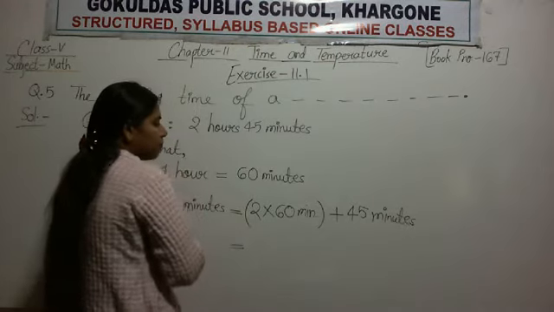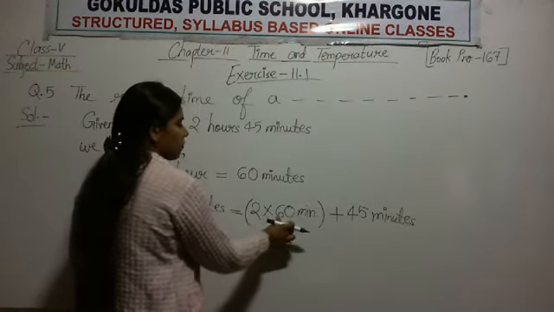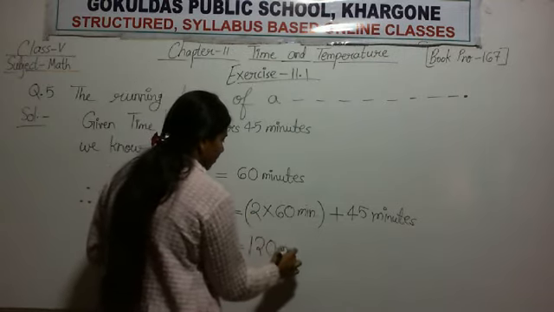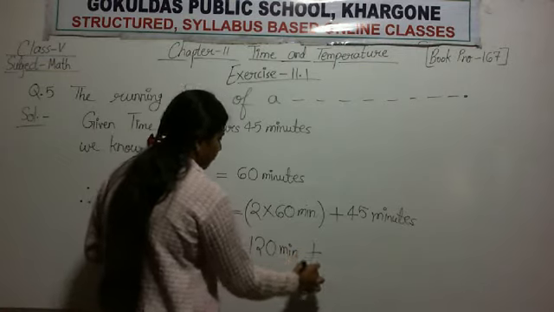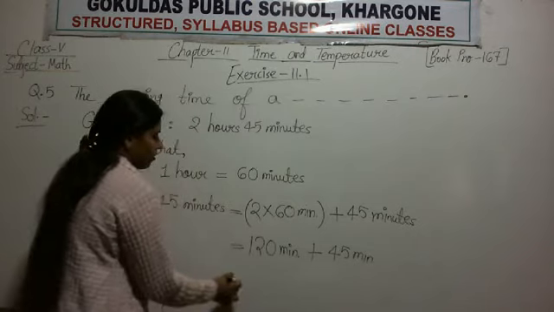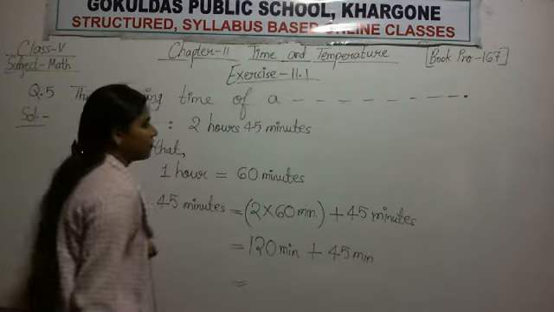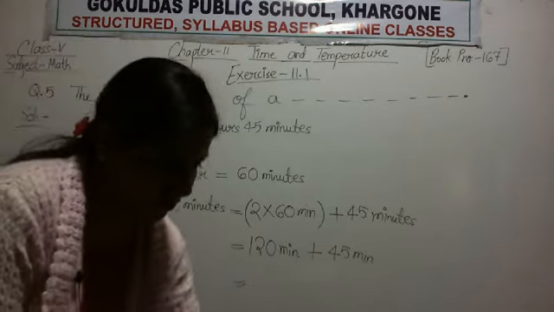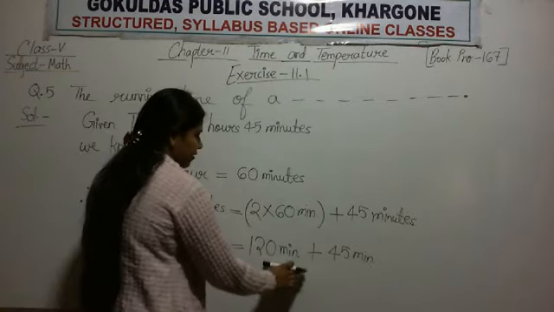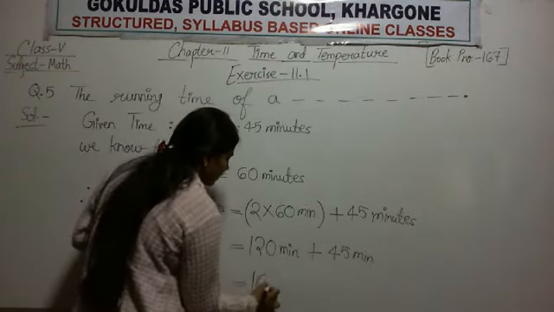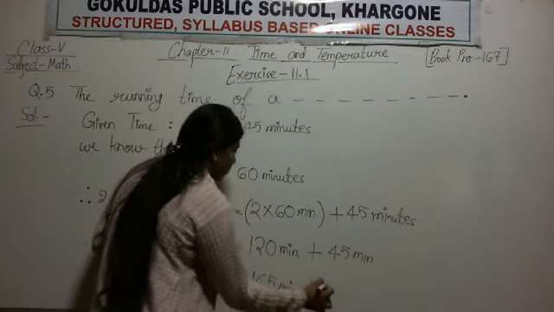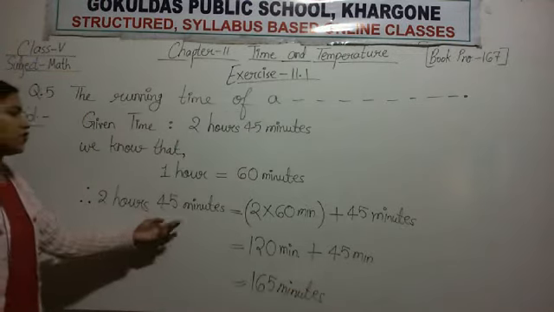Now in the next step, we will solve this bracket. 2 multiply 60. When we multiply 2 with 60, result is 120 minutes plus 45 minutes. Now add 120 with 45. When we add these two numbers, our result is 165 minutes. So 2 hours 45 minutes will be